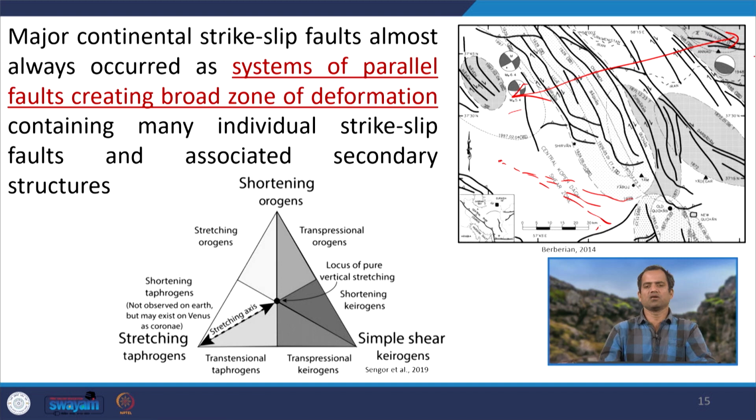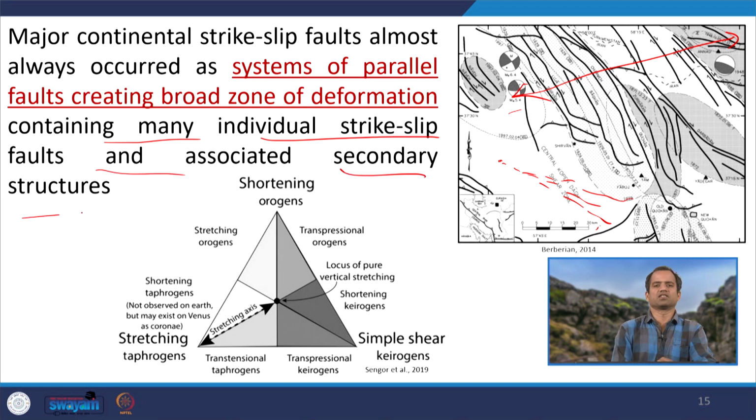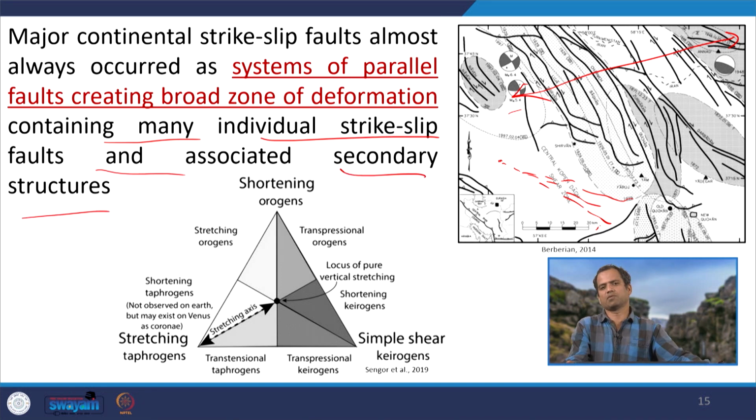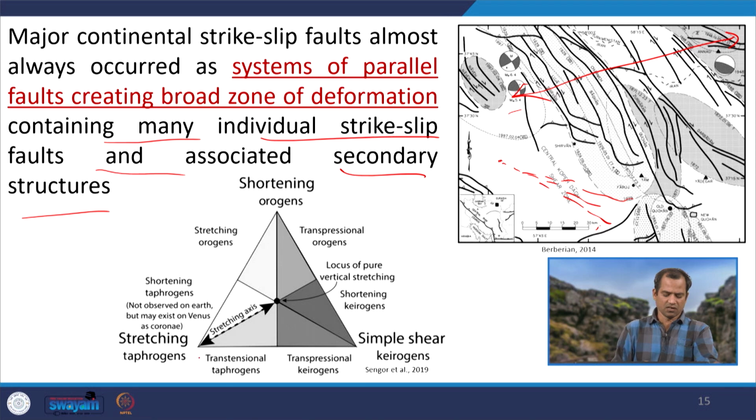So, for this transform fault, the width can vary depending upon the age of the oceanic or continental lithosphere involved. For example, in the East African Rift Valley this transform fault is very narrow. However, the San Andreas fault represents a wide zone of deformation, containing many individual strike slip faults associated with secondary structures. So, secondary structures are either pull apart basins or a positive flower or negative flower structure. Here this triangle is divided, one corner is orogen, one is taprogen, another is kerogen,